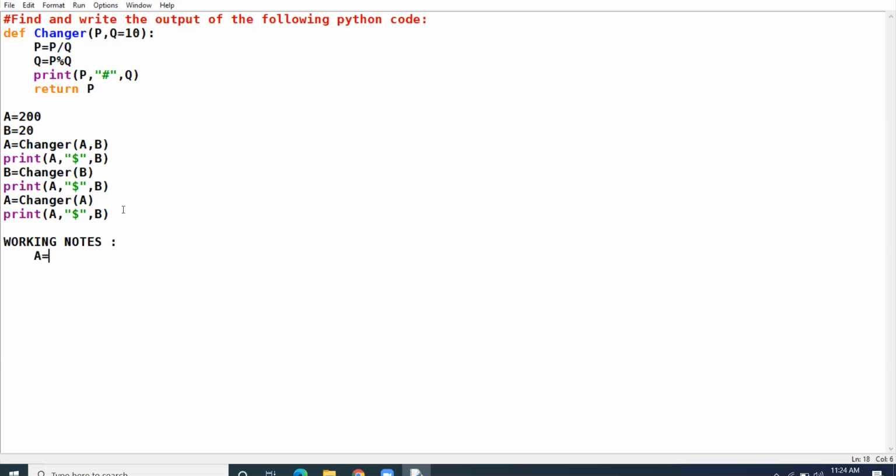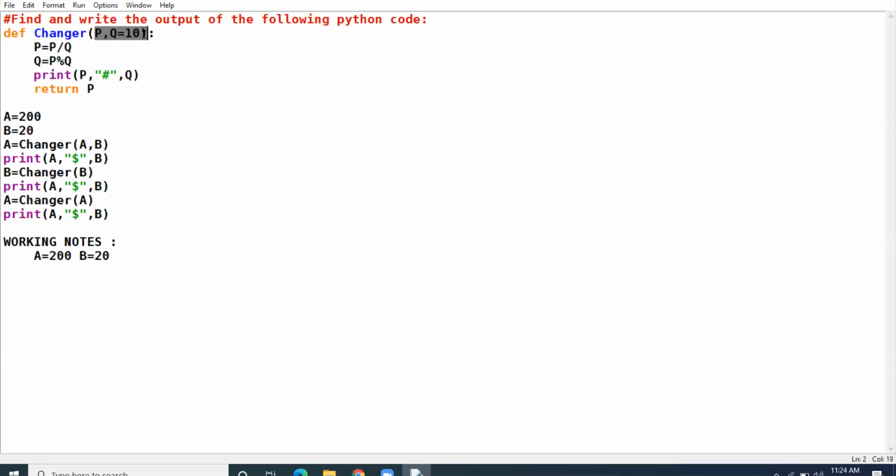I have A with the value 200. I have B with the value 20. I call the changer function with the values A and B. A and B values have been passed as actual arguments.